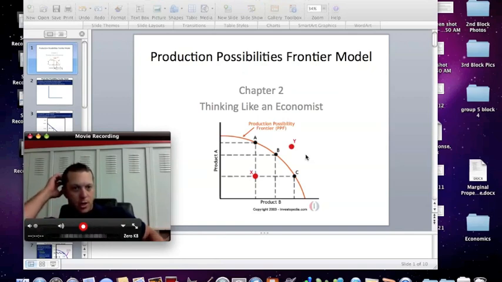So what we're going to do right now is take a look at the PowerPoint together, and I'm going to do a voiceover on it. And then what I would like you to do is have your notes and be going along with it, and you'll take the follow-up quiz afterwards. Okay, so I'm going to open up the PowerPoint right now and give you an introduction to the production possibility